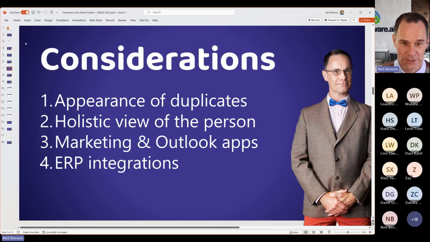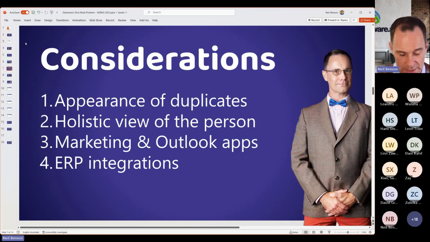And finally, there's another important consideration, another big integration consideration, and that's your ERP applications or any other kind of back office or third-party application that you're integrating Dynamics with. If you're integrating with Dynamics 365 Finance, for example, they treat contact records slightly differently than Dataverse, but the integration's been built. It's a standard pattern, and it's based on the known way that we're supposed to use contact records in Dataverse. If you change that, how are you going to affect your integration with your ERP system? You might have to do some customization around how back office or third-party integrations integrate with Dataverse.